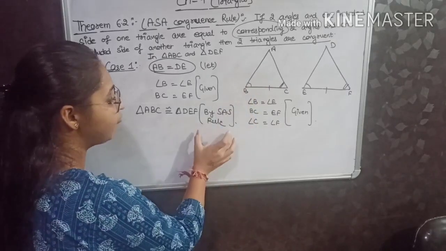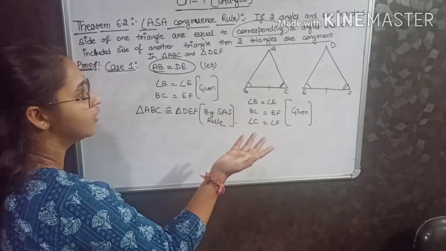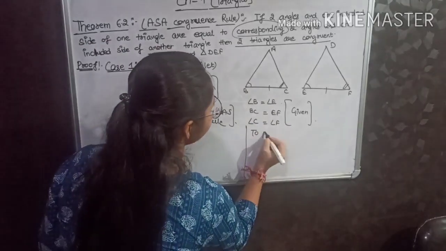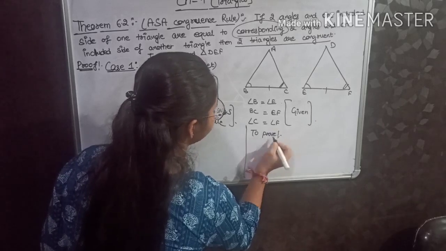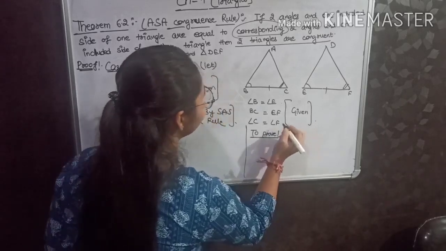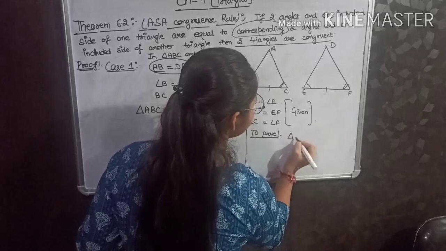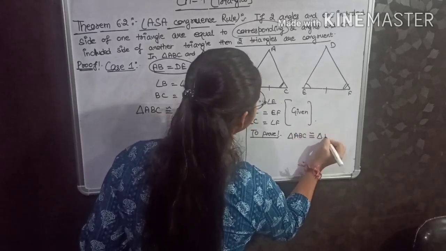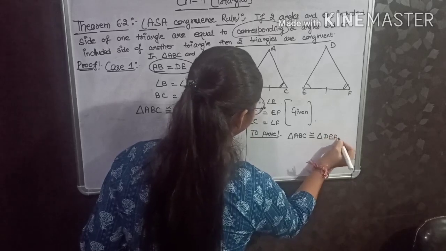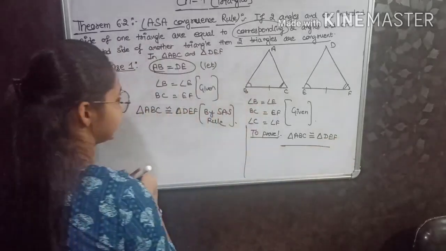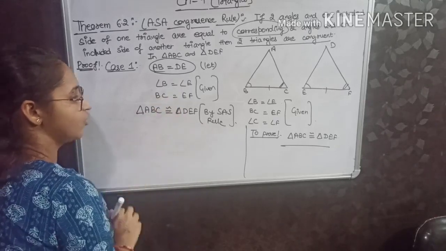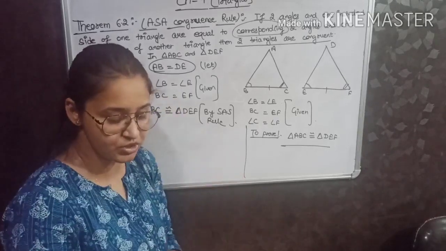It means we have proved it. What was to be proved, the main motive of our theorem, is that triangle ABC is congruent to triangle DEF. Now this is the first part. This is the first case that we have proved: triangle ABC is congruent to triangle DEF. This was the first part. Now